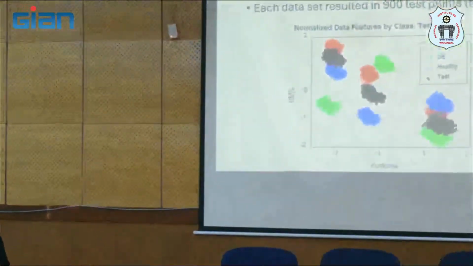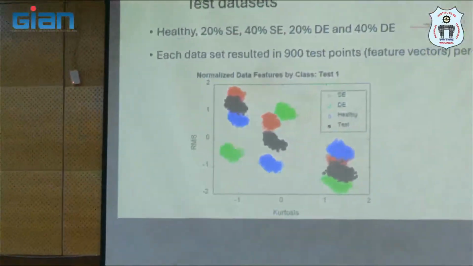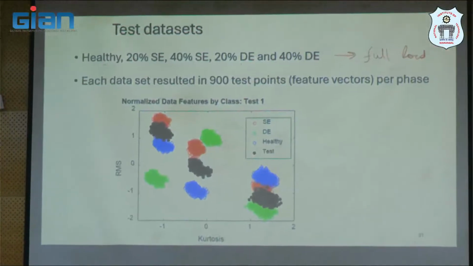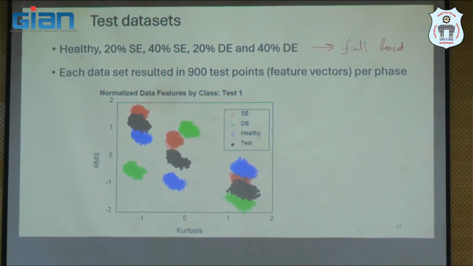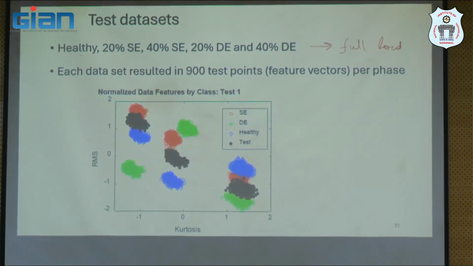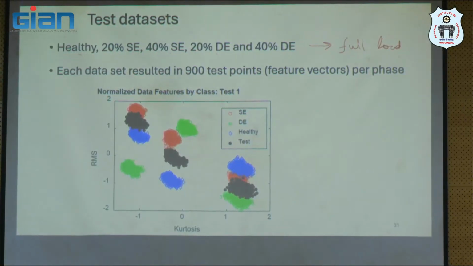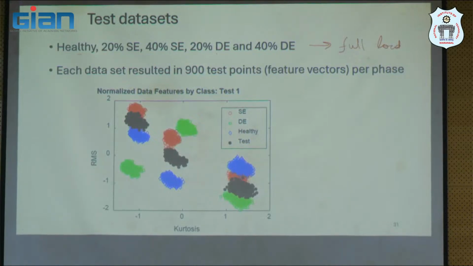Now when I look at it visually, because it's 2-dimensional, we can conclude that this black point is closer to blue or red, so it could be healthy or static. It cannot be dynamic. This black point is close to green or red, so in this case it can be dynamic or static. But they all correspond to the same machine, same operating condition. So what is evident is